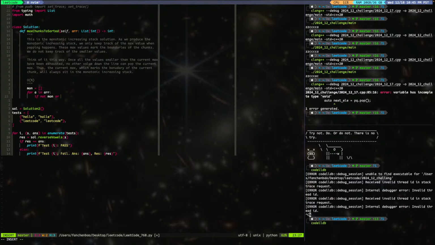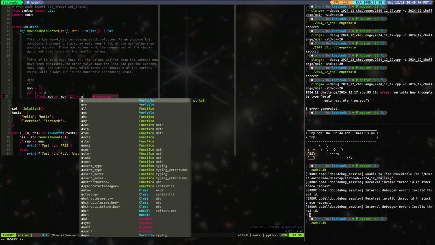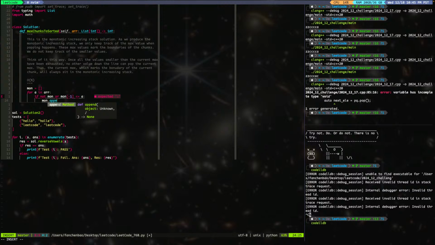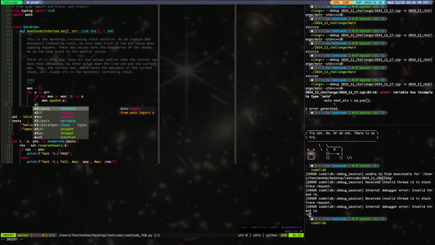So usually we say while, and if this is smaller than this, then we'll pop. Then we'll keep the maximum. It's a bit complicated. Okay, so I just do this: if mon's last is smaller or equal to a, then mon.append(a), else